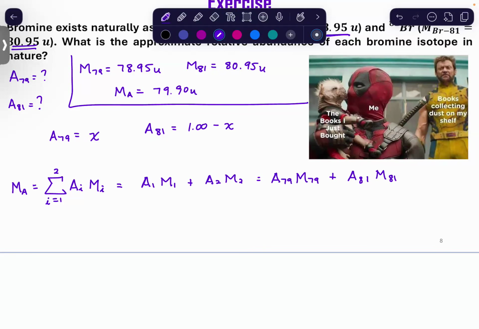All right, now I'm going to start plugging in. So the abundance of 79 is X. The mass of 79 is 78.95 U. The abundance of 81, 1.0 minus X. The mass of 81 is